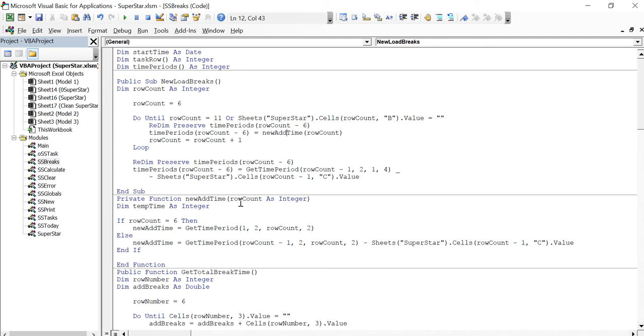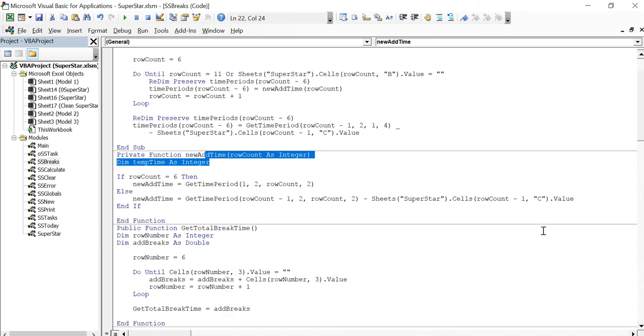So then going down here to our new function AddTime, we pass in the rowCount. As you can see here, I have 5 lines of code. We have 1 integer that's only used within the function. It's a function, so that means it's going to be returning a value. The variable is an integer called tempTime. Basically, that's going to hold the number of minutes that are between one set point in time and the next. So what I did here is I said if rowCount equals 6,